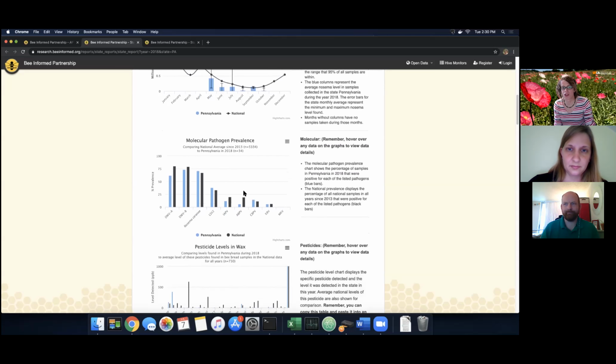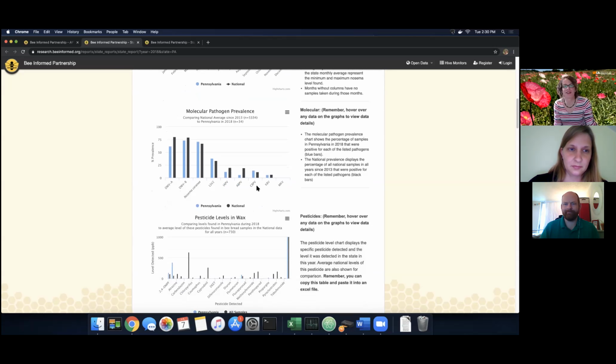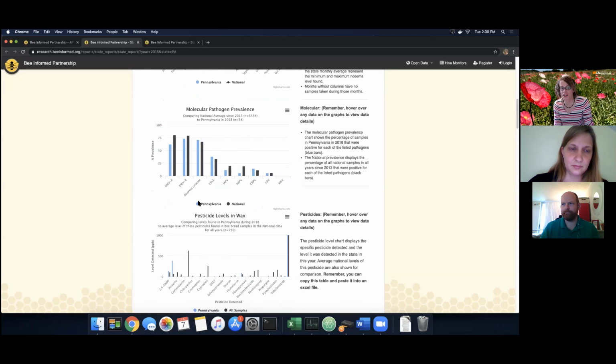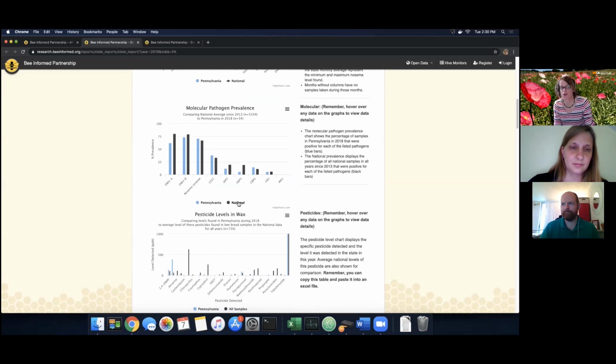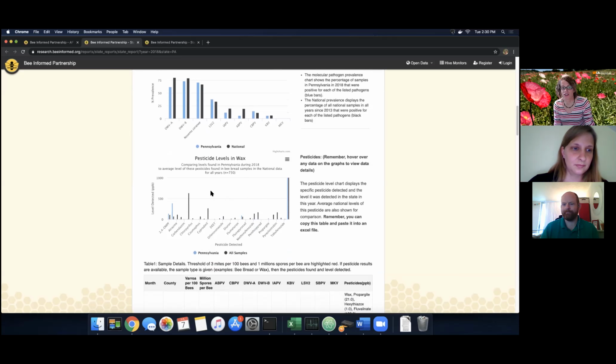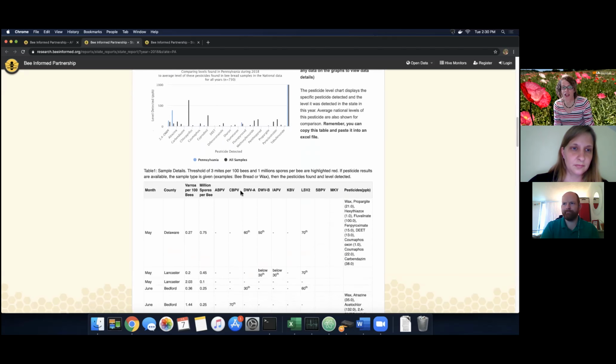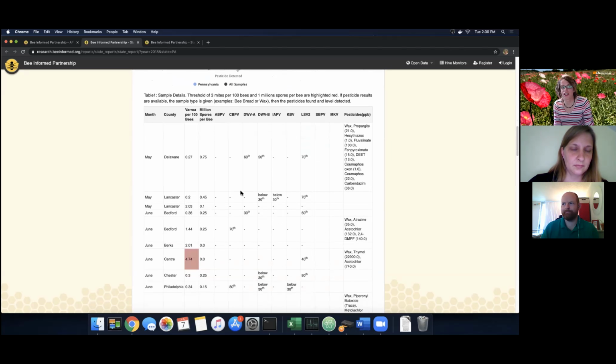And let's just go ahead and look at everything here. So we looked at the pathogen prevalence chart there for the year, but now we're seeing just for Pennsylvania in 2018, again, compared to the national. So you can get a further drill down of that. We can come back to this chart later. Then at the bottom, you're going to get each sample in a table that came out of Pennsylvania for 2018,